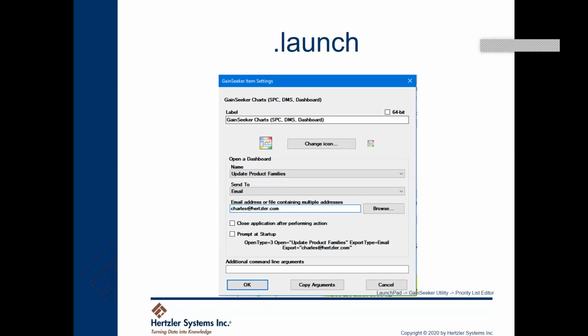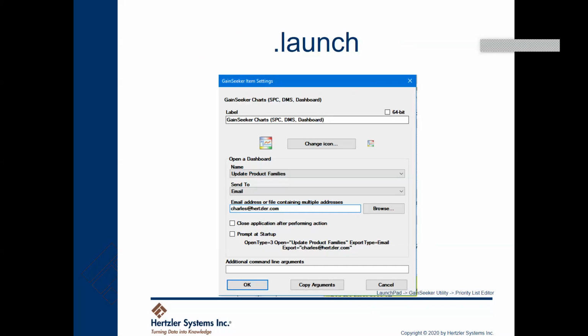So even, Charles, outside of what we're talking about today in terms of Server Edition, DotLaunch is a handy tool for a lot of users if you have repetitive tasks that have a certain quantity of steps. And we sometimes chuckle at some of our coworkers whose desktops are covered with shortcuts. But at the same time, you could do that with DotLaunch. You could create all these different GainSeeker shortcuts that get you to a certain place speedier. It's like, I know I want to do X, so here I'm going to create this DotLaunch. It's repetitive, and I save that on my desktop, and boom, I've got it. Yeah,